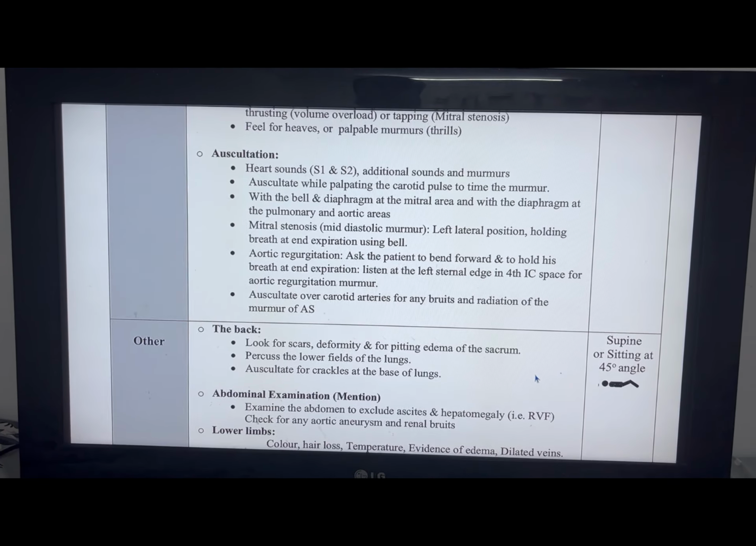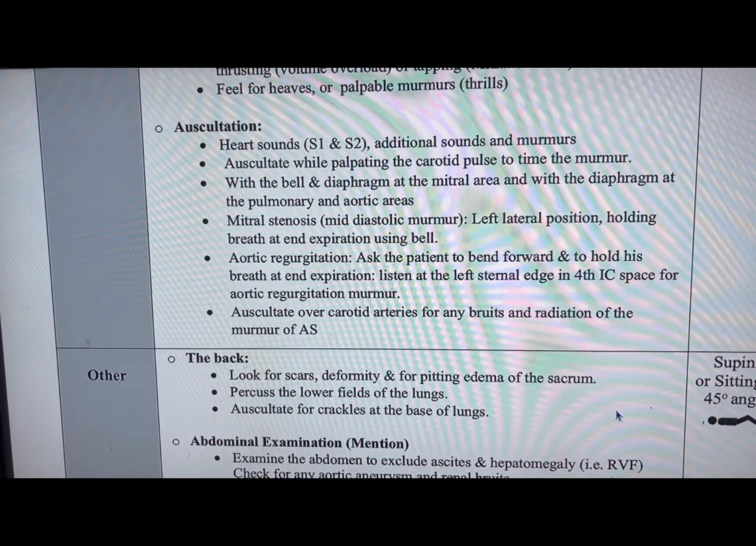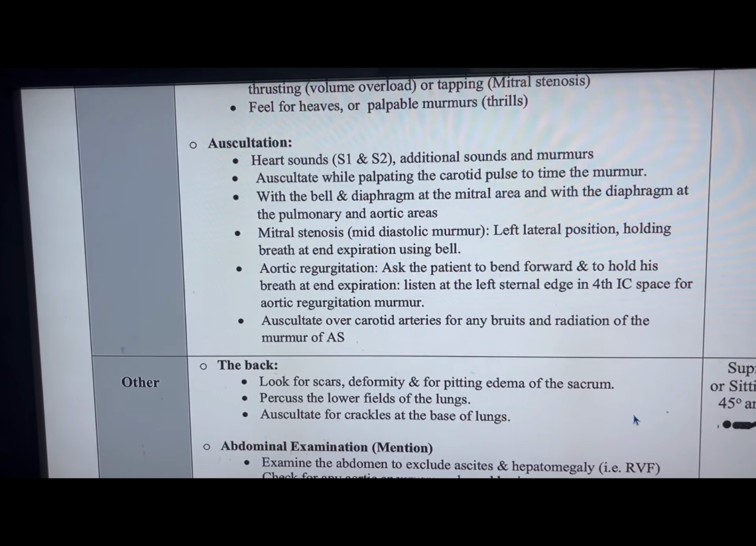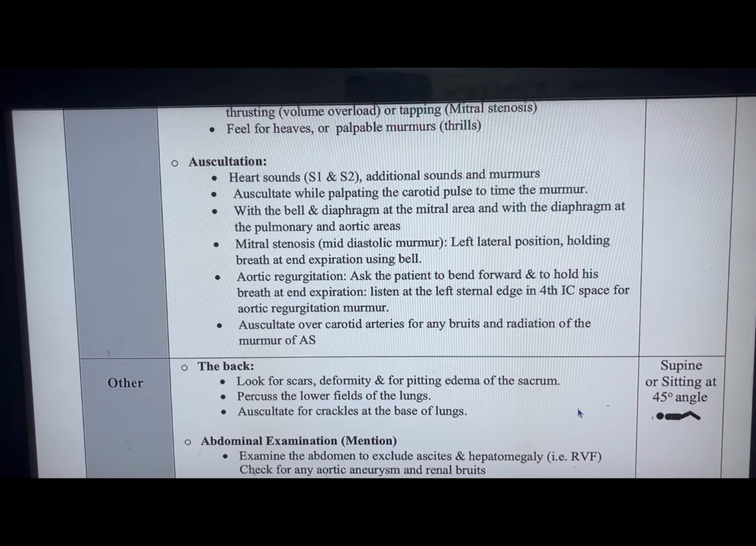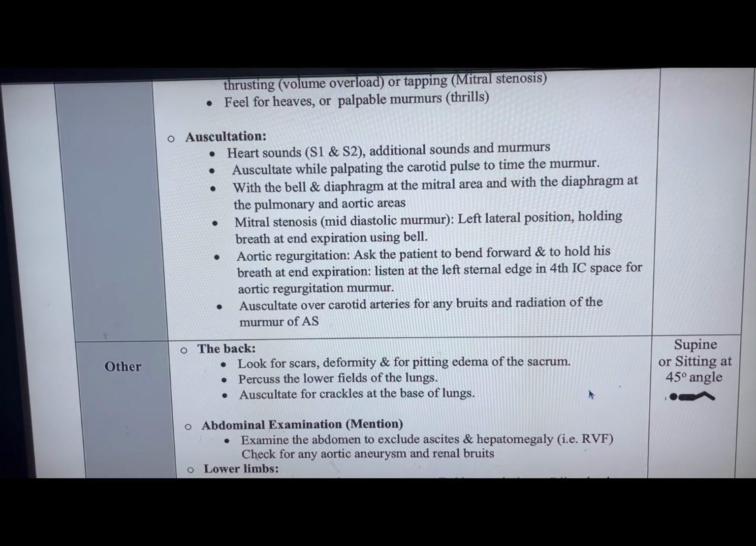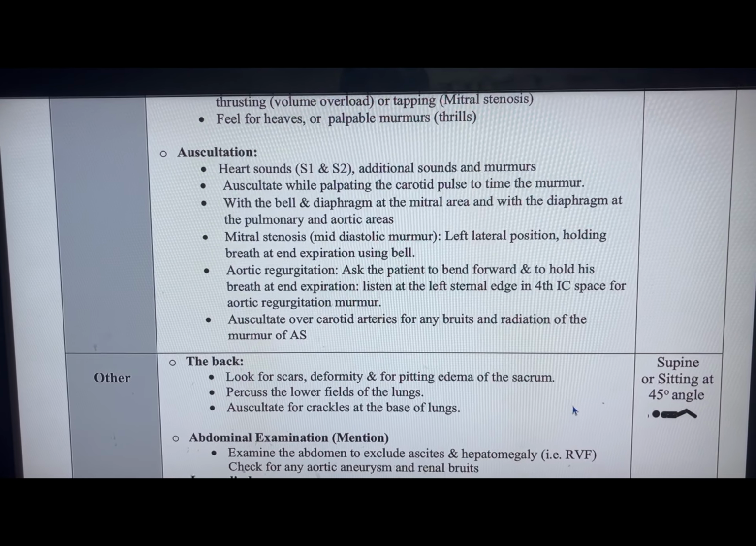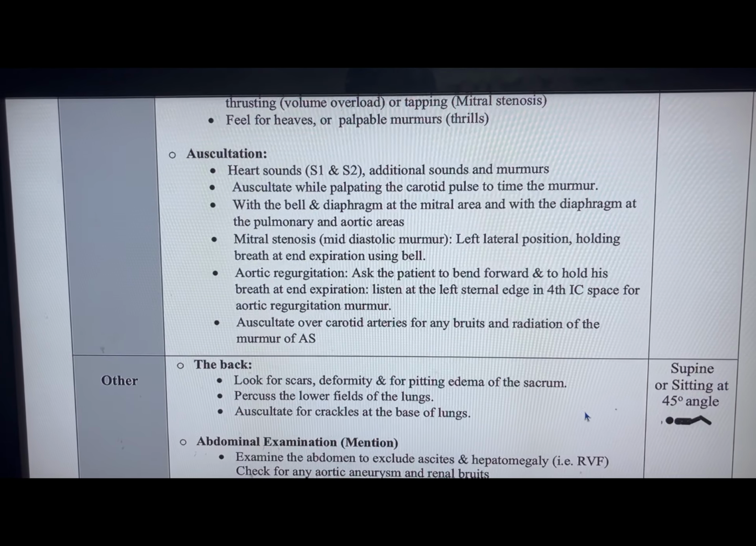Hello everyone, so this is a part of our CVS checklist, the auscultation part. So today I'll show you the most efficient way to do all of these steps to save as much time as possible. So you start with the mitral valve, and then you do the mitral stenosis, and then you go